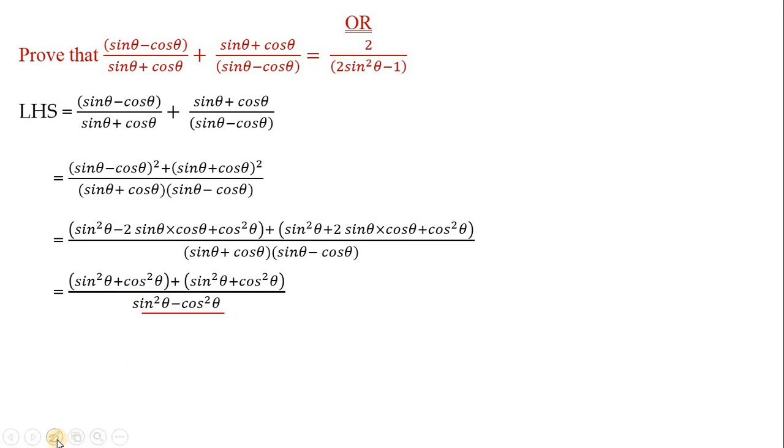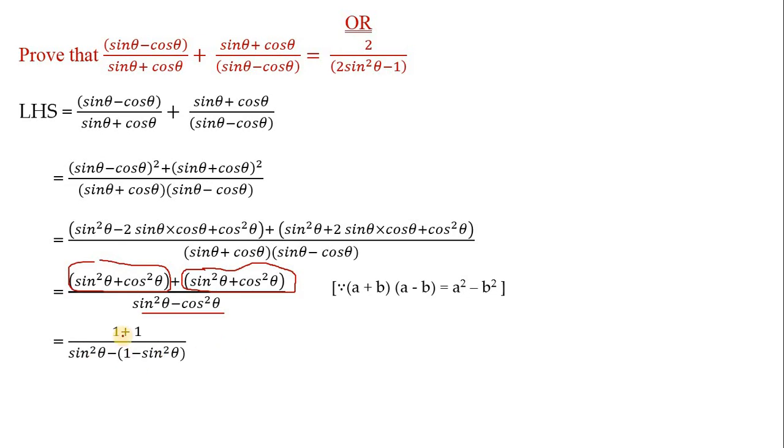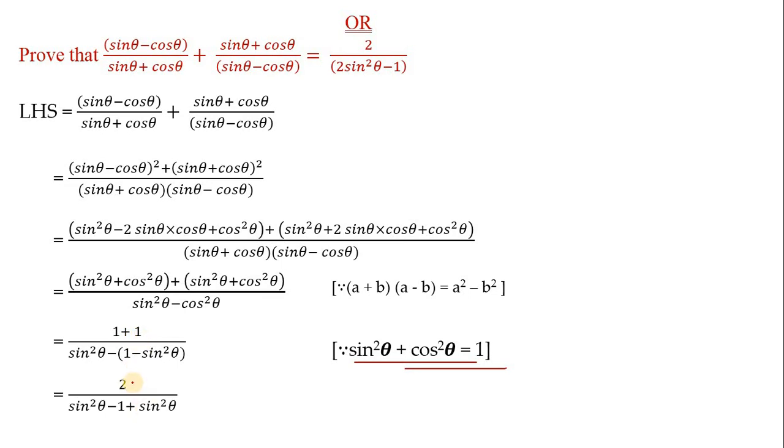Now from here onwards it is very easy. It is in the form of a trigonometric identity, and this is also a trigonometric identity. Sin square theta plus cos square theta is nothing but 1. So you can substitute 1 here, and in this place also you can substitute 1. This is the identity we have used, children. Now add the numerators. 1 plus 1 is how much? That is 2. I hope you are understanding, children. 1 plus 1 is 2.